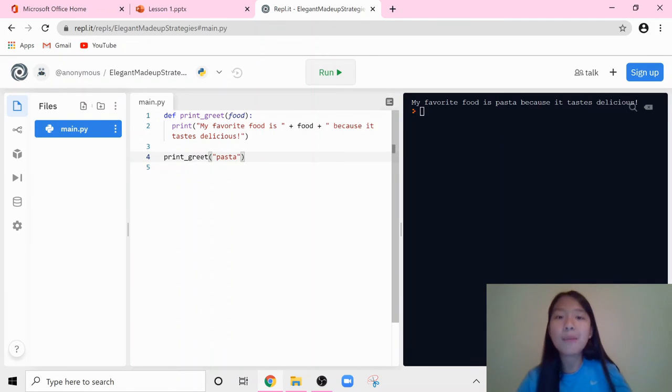So now I'm hoping that you guys have gotten a better idea as to how you can pass arguments into functions. And before we go, let's break it down one more time as a review. Functions are very similar to how variables work. You define it once, and then you indent what you want the function to do. Then you can run your function by using your function